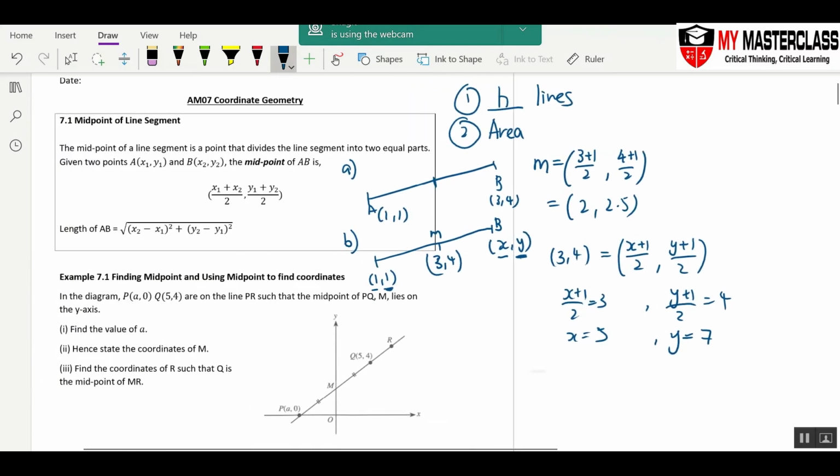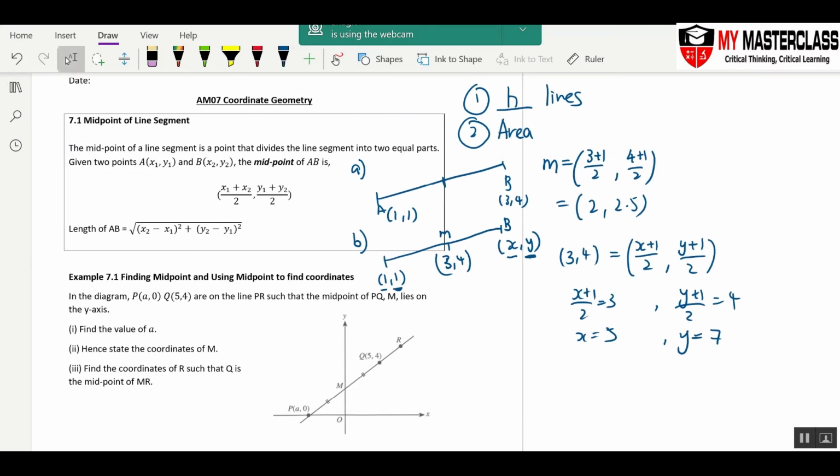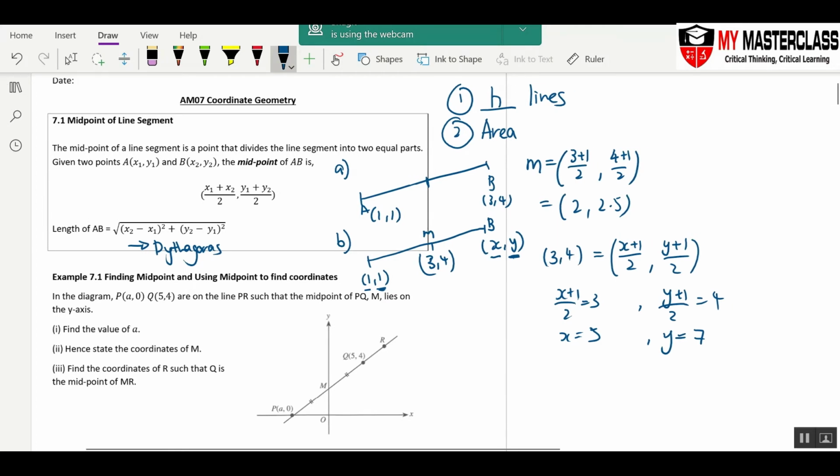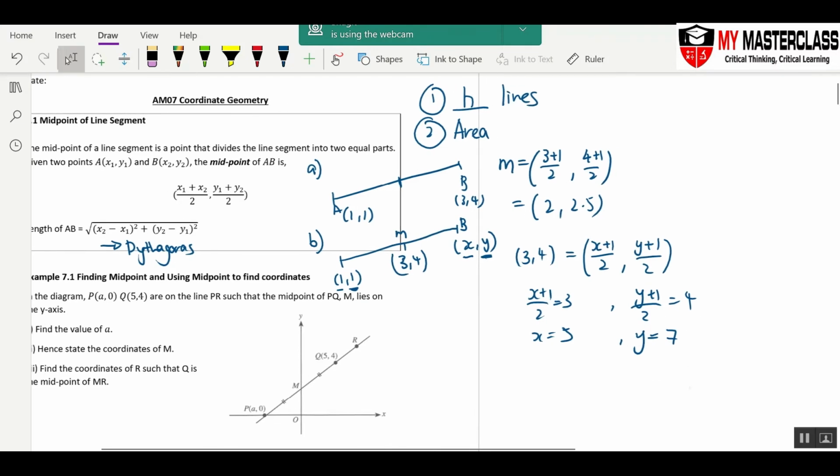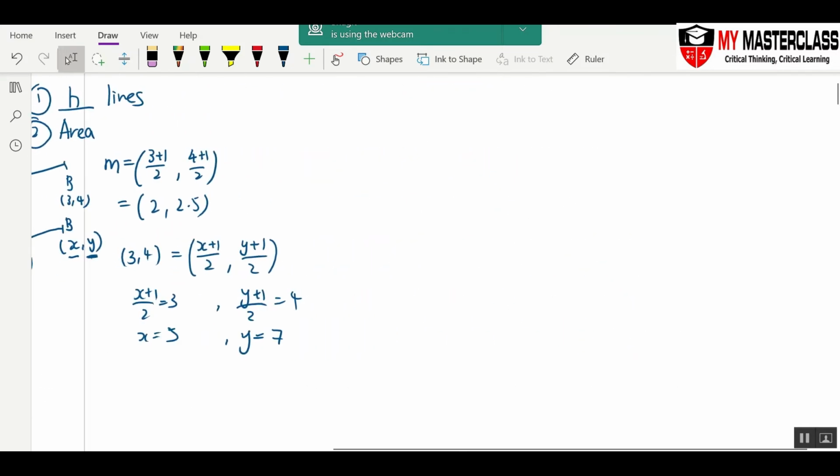The next thing is the length, which is the square root of the difference of the x squared plus the difference of the y squared. This is from Pythagoras' theorem. Again, if the question is in a way whereby you will have two square roots equal to each other, just remove both the square roots. What does it mean? That means, for example,